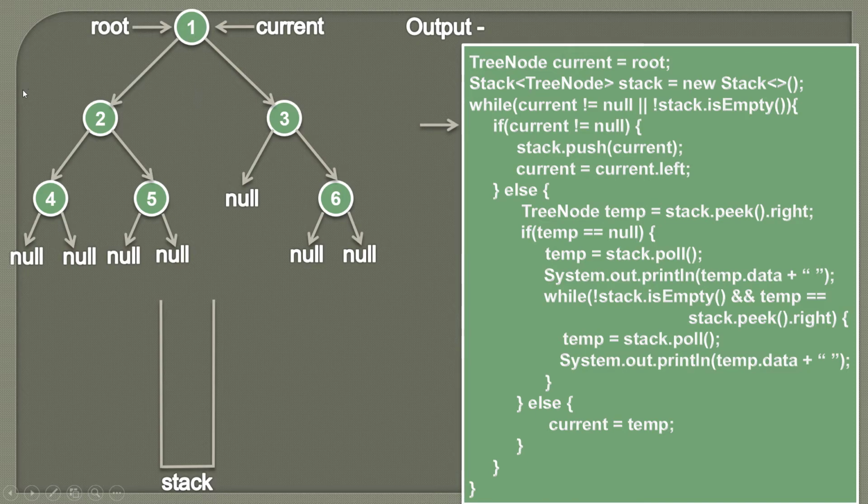We need to first visit all the elements of its left subtree, then all the nodes of its right subtree, and only then can we visit this node. Current will be null at some location, and when current is null, we can decide whether we can visit the node or not. Here, as current is not equal to null, there can be a possibility that this node has a left subtree. So we simply push node 1 into the stack,